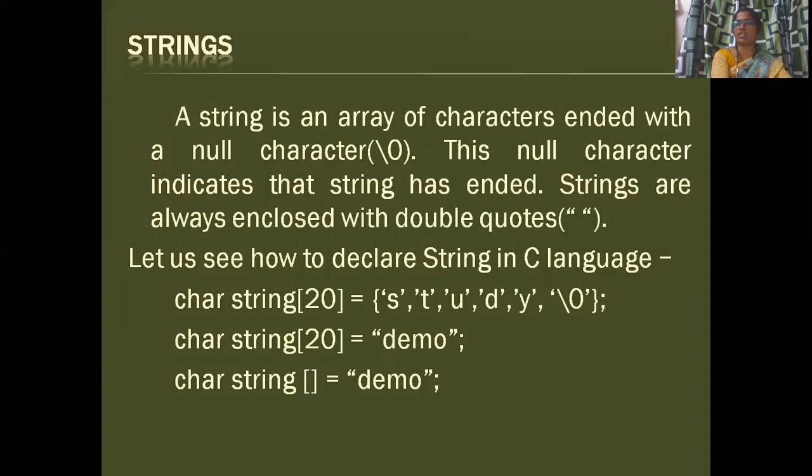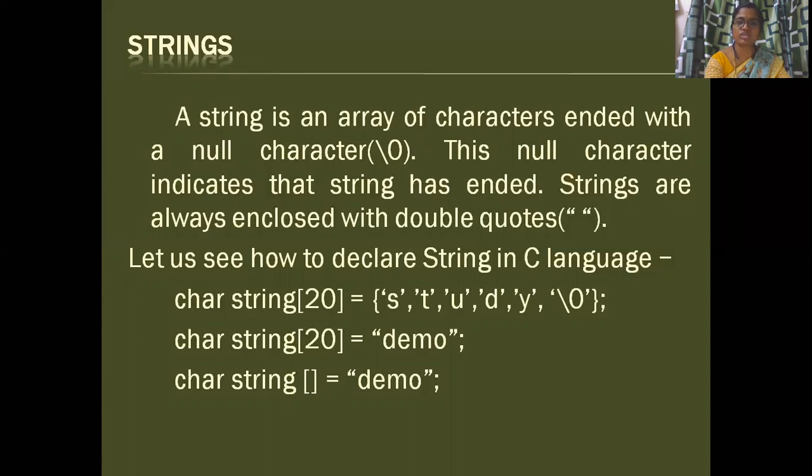So simply at this point of time, you have to learn that string is not a data type in C language. String is a token. It is anything which is enclosed in double quotes. It can be special symbols, digits, characters, uppercase letters, lowercase letters, anything can be enclosed in double quotes. And strings end with the null character, that is \0. Strings can be represented in C language using a character array, that means a group of characters made as an array.